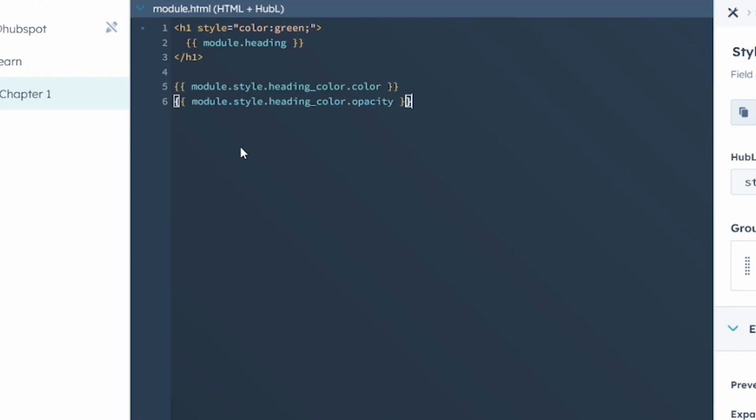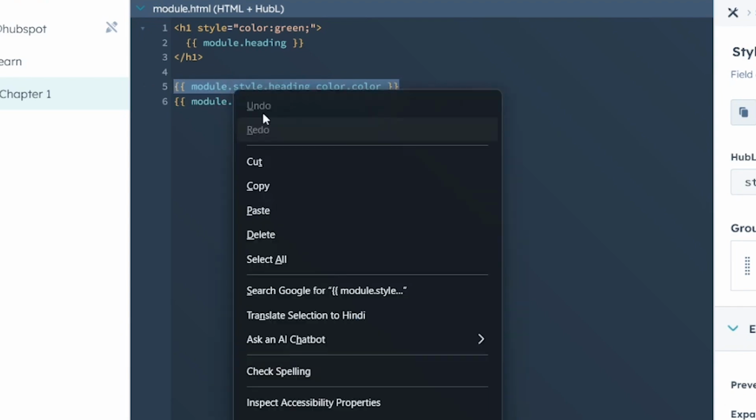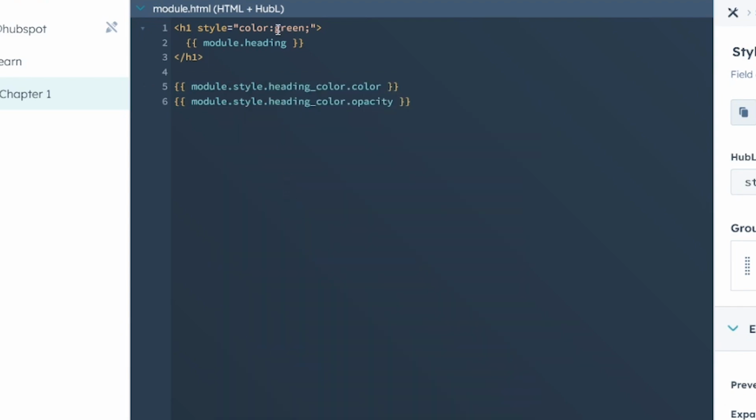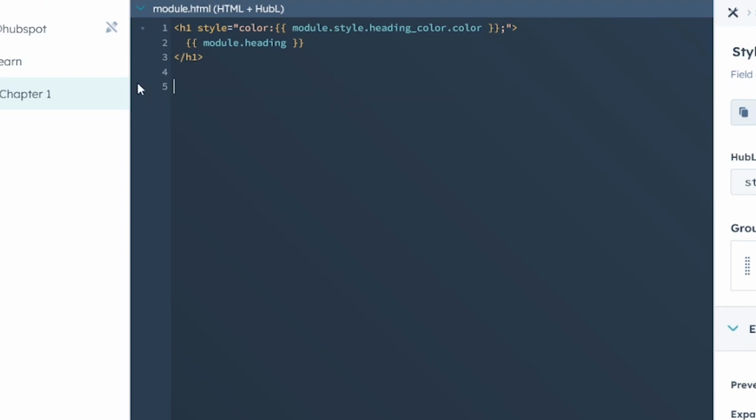This field gives us two different values, one for the color itself and one for the opacity. For now, we will only work with the actual color value. I will copy this first variable and paste it inside our CSS, replacing the fixed green color that we had earlier. What we are basically doing here is removing the fixed static value, which was color green, and replacing it with a dynamic variable. This means that whenever a color is selected from the field, that color will automatically be